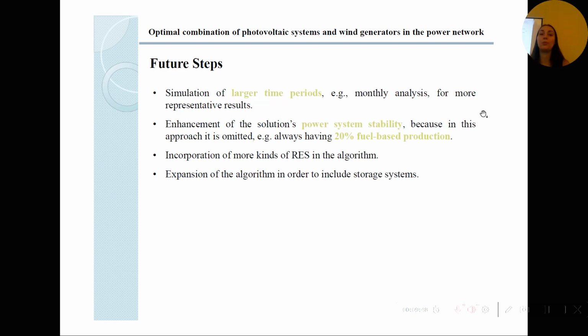The future steps would be, of course, the simulation of larger time intervals, let's say monthly or even better yearly time intervals, in order to get a more representative result. The enhancement of the solution's power system stability, let's say have a fixed proportion of fuel-based production for stability reasons, for example, 20% for each time step, just to be certain that the system will operate properly. And of course, we also aim to incorporate more kinds of renewable energy sources and expand the purpose of the algorithm with the addition of storage